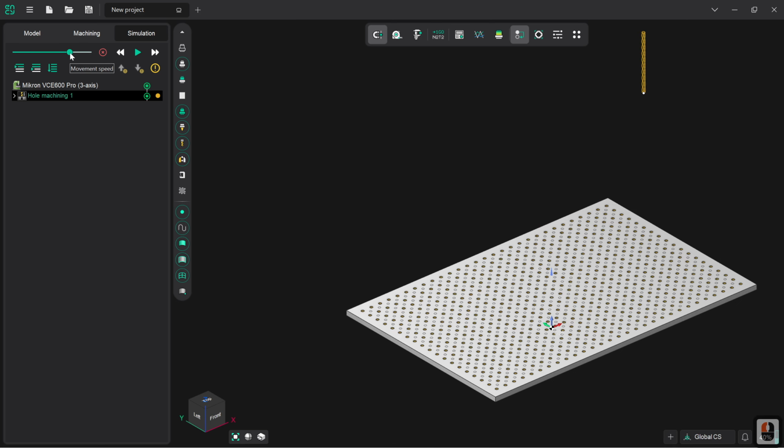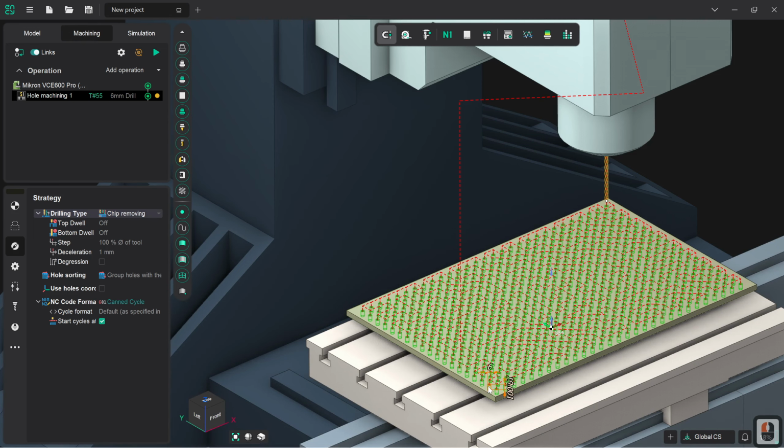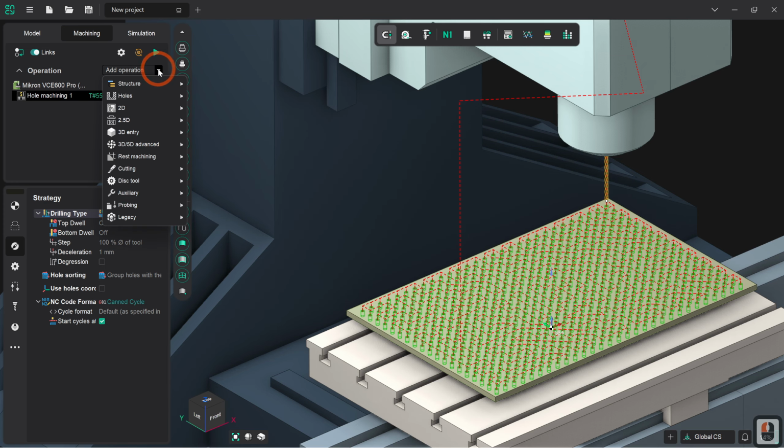So this rather neatly ties up the first half of the operation. So the next thing that I'm going to do is, because I would like to tap the other holes, I'm going to go with an undersized drill to start with, and then we're going to do a tapping operation as well. So first things first, we go back to holes, we go back to hole machining again,